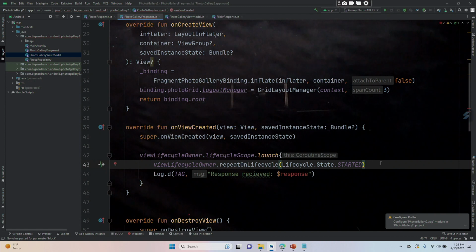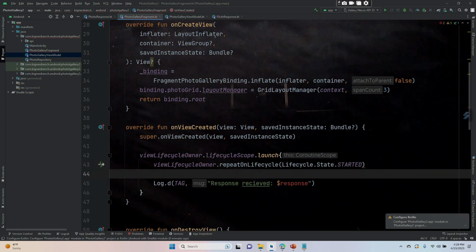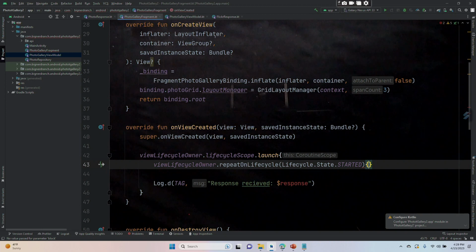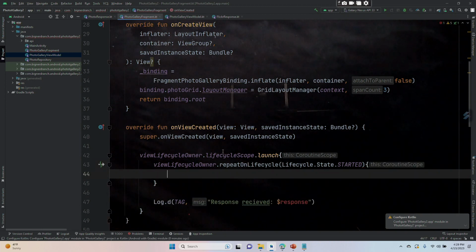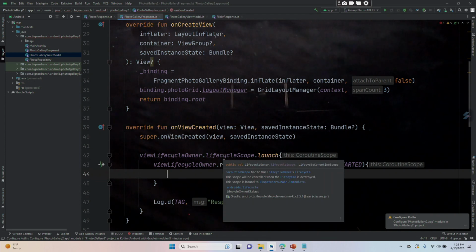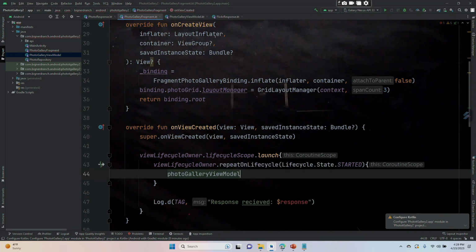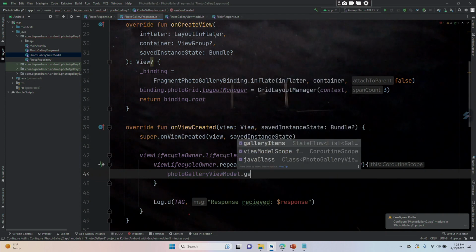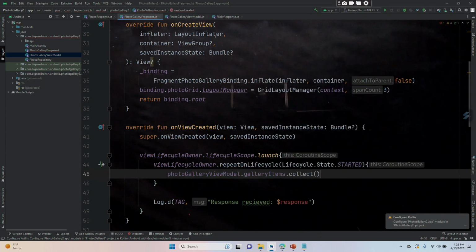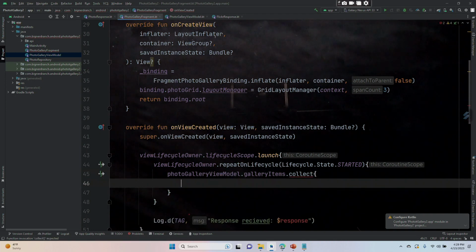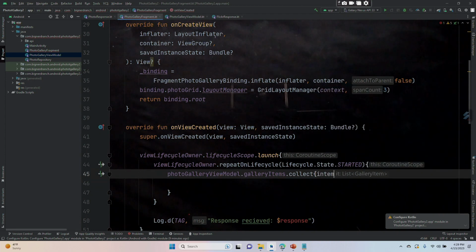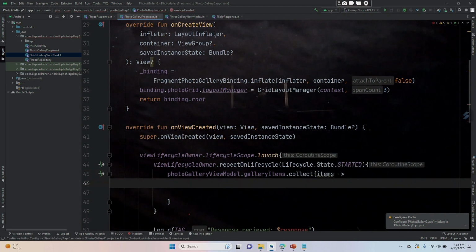Looks good. And then the lambda function, which I forgot to start. And we are going to have photoGalleryViewModel.galleryItems.collect, and we are going to get rid of the parentheses, another lambda function, setting items to the value of, that is a typo, to the value of, and then we're going to put our log statement here,